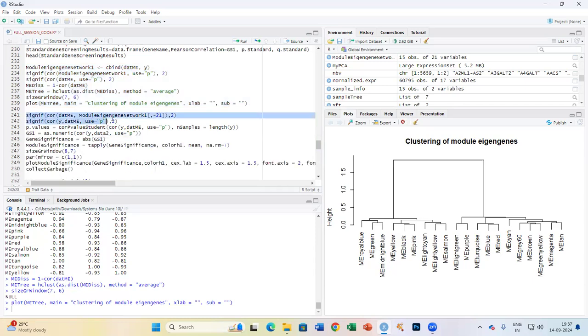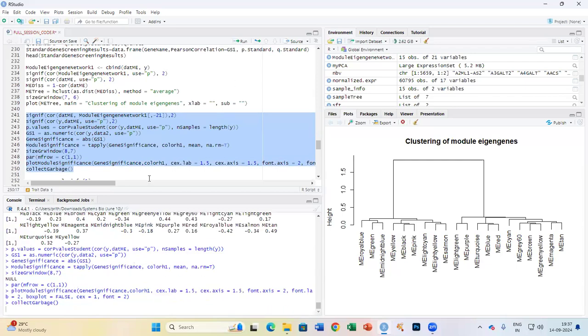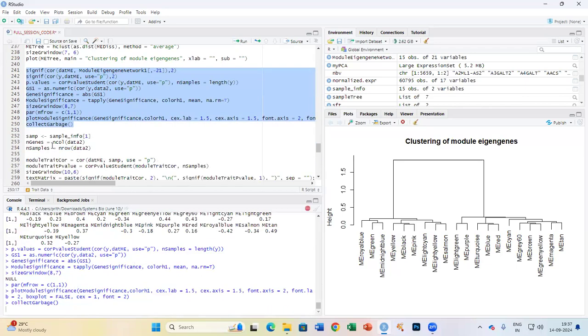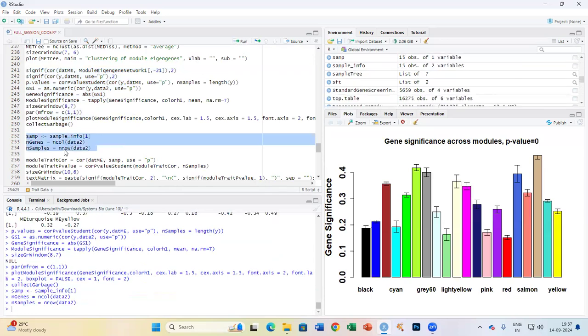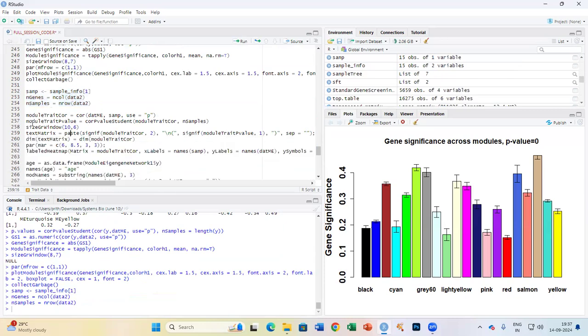I will create one additional correlation between all 20 modules, because there were 20 modules, but the 21st is the age. So I will eliminate that and create an internal correlation between all the modules first, and restore the sample information and column information from here. Once I have this information with me,